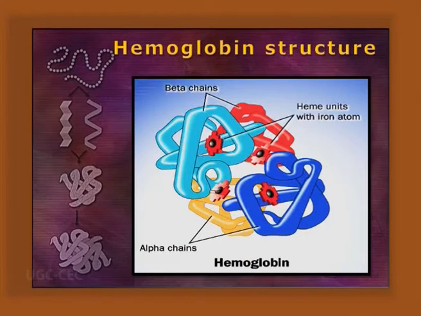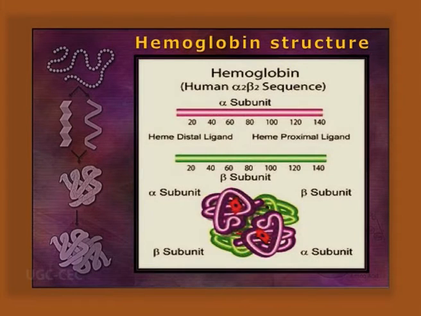Now hemoglobin structure. Hemoglobin is the tetrameric structure, alpha 2 beta 2 structure. Two-fold rotation is present, and we can find that is the vertices of the tetrahedron structure. Here actually the alpha 1 beta 2 and alpha 2 beta 1 surface interactions make the stable structure. In case of hemoglobin, we can find the alpha 1 beta 2 as well as beta 1 beta 2. These alpha 1, alpha 2, beta 1, beta 2, 4 subunits are there, and pseudosymmetry is present for this heterooligomeric protein. Here we can find the interesting thing, each monomer resembles the myoglobin structure.